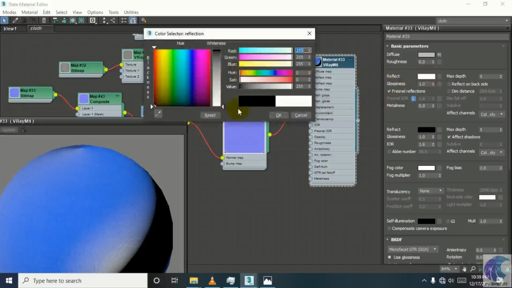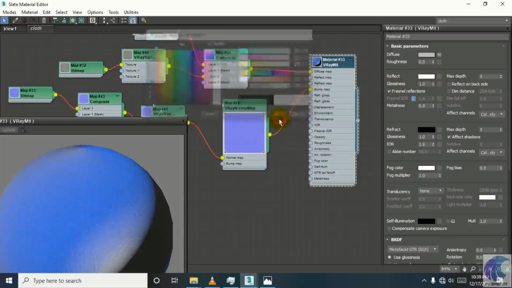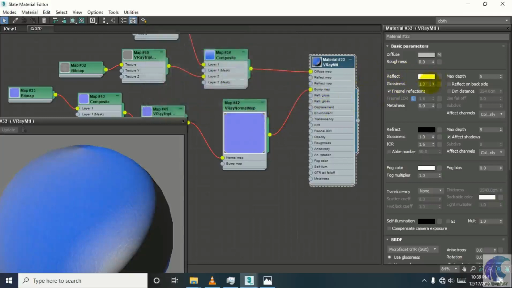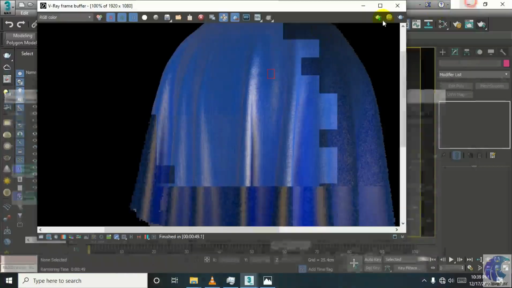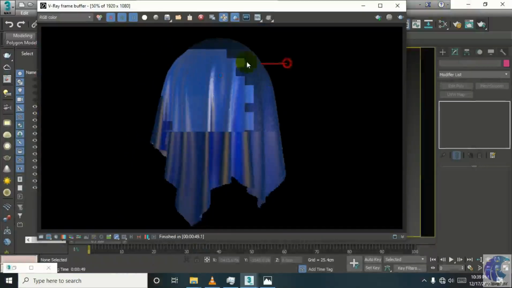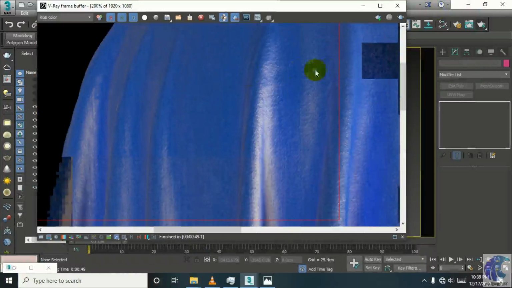I'm going to use a reflection map, and put the glossiness at 4, or maybe 5.5 can work. So do not go high with glossiness, just put it on. Do not put it on 1, it will give you odd results. Now I am happy.